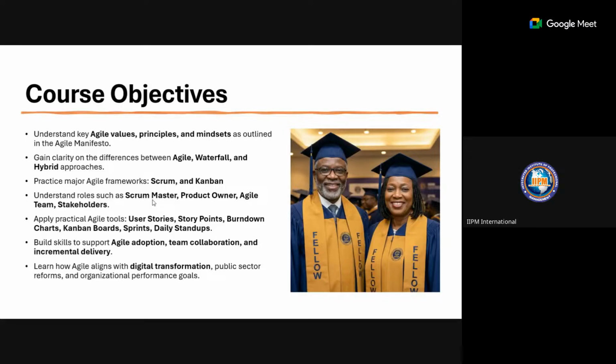We will understand roles such as Scrum Master, Product Owner, Agile team, and stakeholders, and apply practical Agile tools like user stories, story points, burn down charts, Kanban boards, and sprints. Then build skills to support Agile adoption, team collaboration, and incremental delivery. Learn how Agile aligns with digital transformation for public sector reforms and organizational performance goals.